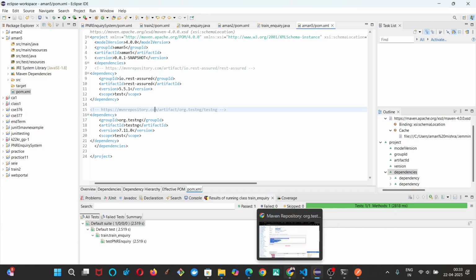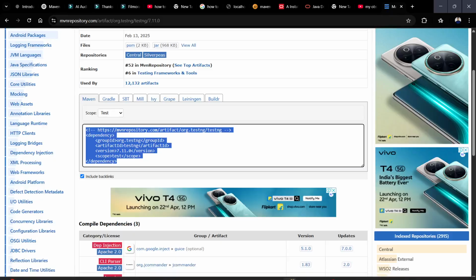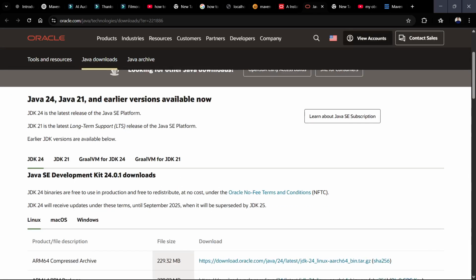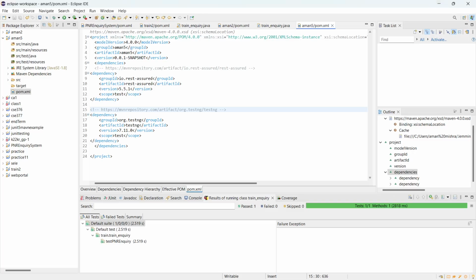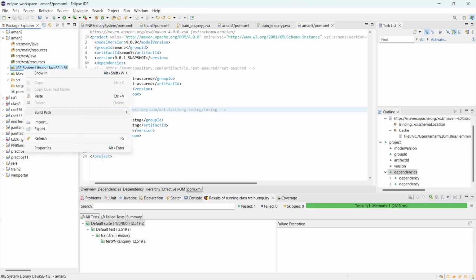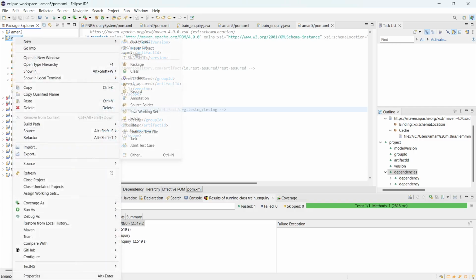So I think you can download this from the Oracle official website. It's there on the Oracle official website. You can download the JDK kit from here. And after downloading, if you want to build, I have already built. So if you want to build it, double click on the project,